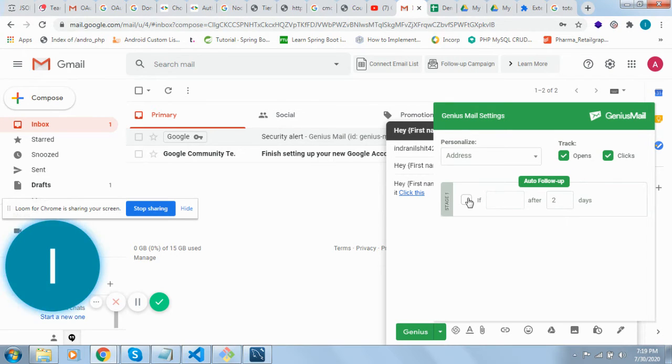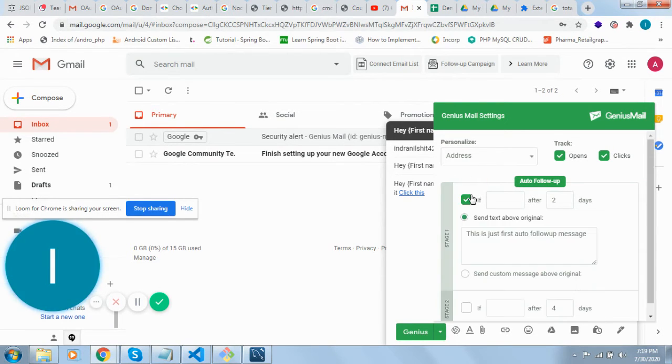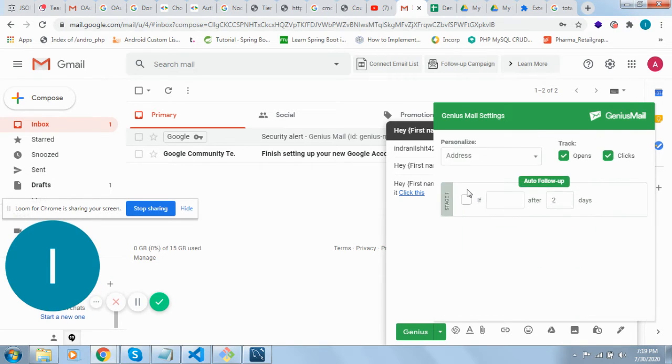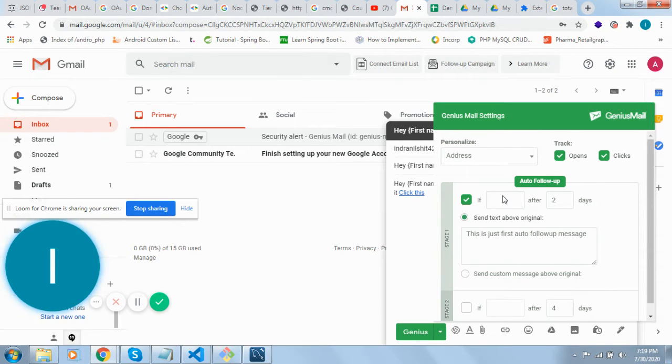So you can easily give an auto follow up to your campaign. Automatically, within some conditions, the mail will be sent to those particular addresses. So let's see how we can set up auto follow up for that campaign.